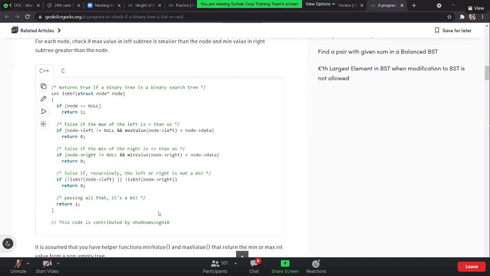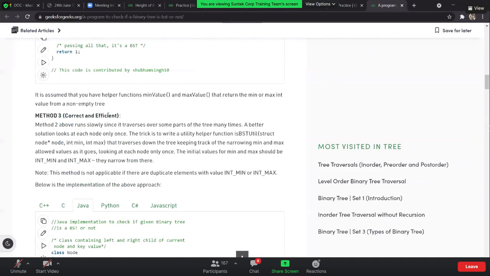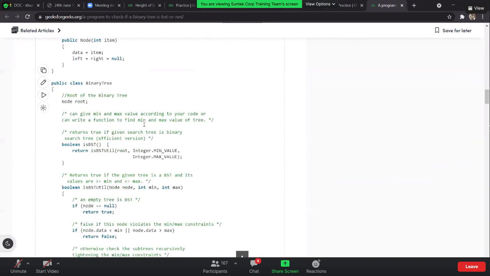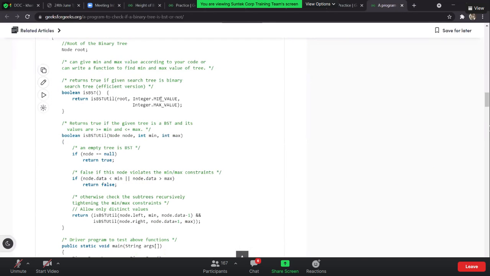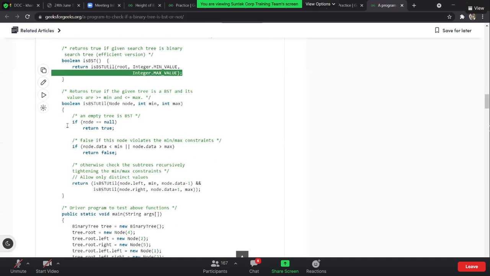So basically the solution tells the same thing. Okay, this one. We have initialized Integer.MIN_VALUE and Integer.MAX_VALUE. Now what I'm going to check is if the node is null, I'm going to return true. If node.data is less than min or node.data is greater than max, we are going to return false.